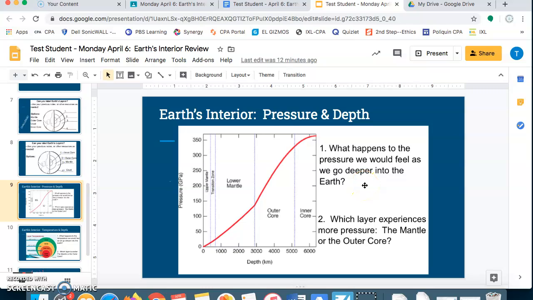And so you experience more pressure if you squeeze or get squeezed harder. Okay? The harder the squeeze, the harder the force, the higher the pressure. And depth is kind of like how deep or how far, say, underground something goes. Okay, so we have the upper mantle, lower mantle, outer core, inner core. All right, so I seem to be going deeper, deeper, deeper. The depth number is going from 1,000, 2,000, 3,000, 4,000, 5,000, 6,000 and higher.